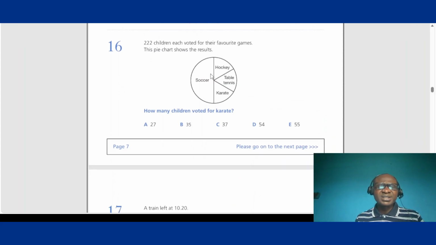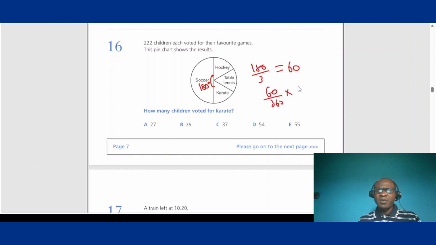We go to question number 16. 222 children each voted for their favorite games. These pie charts show the result. Okay, if you look at the pie chart, a whole 180 degrees is for soccer. Now, the remaining 180 is divided into three sections. That is 180 divided by 3 will give us 60. All right. How many children voted for karate? Okay, for karate, the angle is 60, and therefore, we are going to find 60 out of 360 multiplied by